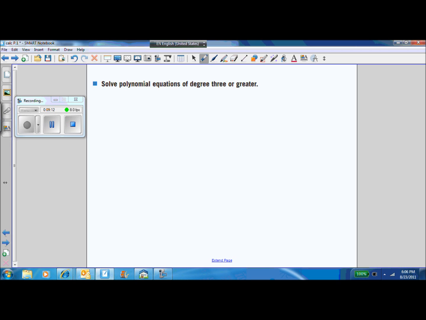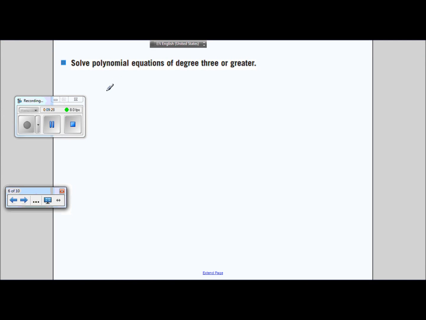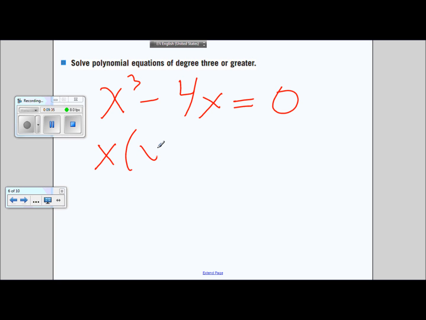Now, solving polynomial equations to degree 3 or greater, well, that's just a matter of factoring usually. There's no other tricks involved here other than just plain factoring. So if you've got x cubed minus 4x equals 0, you can factor out an x times x squared minus 4 equals 0,